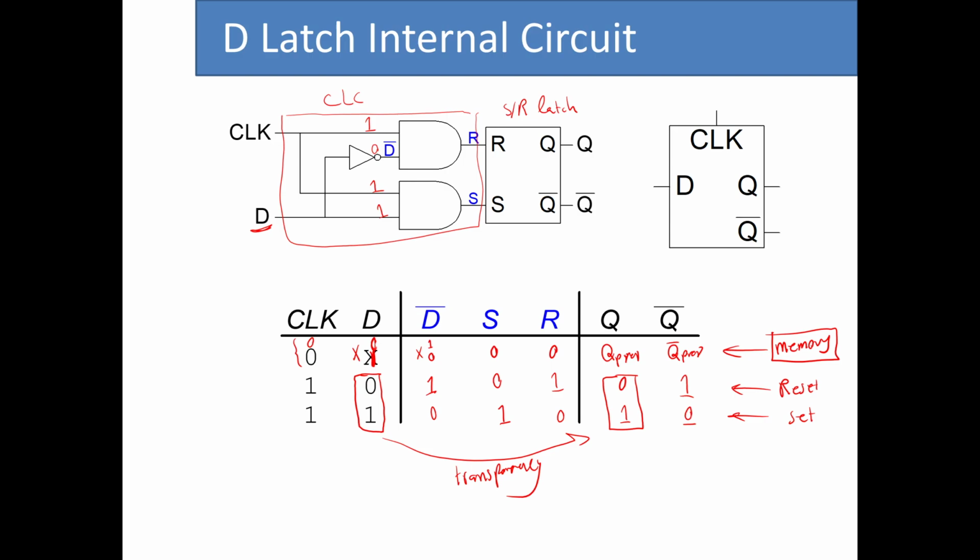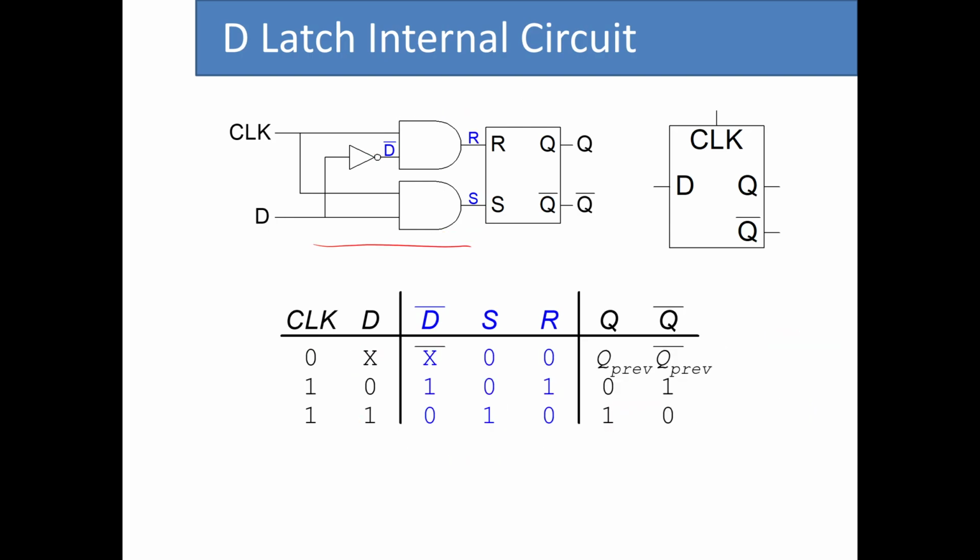One other thing that you might notice here is that we don't have this invalid situation anymore, because there are no cases for which both S and R are becoming 1. So either R is 1, S is 0, or S is 1, R is 0. So the design of D-Latch helps us to avoid the problems that we had for the SR latch. But the D-Latch is not perfect by itself. And the issue arises for when we have